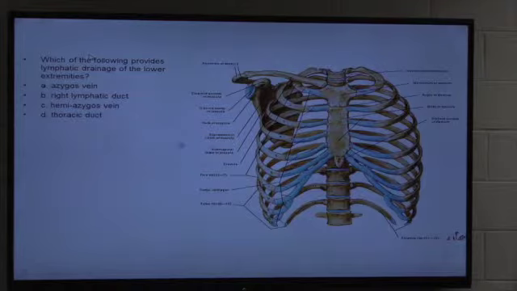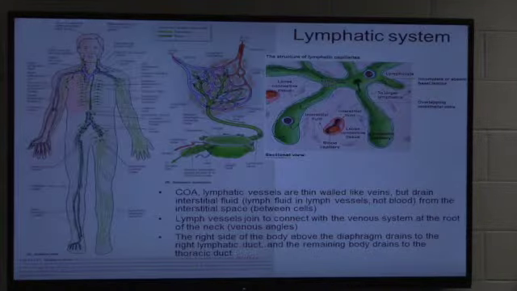Which of the following provides lymphatic drainage of the lower extremities? Azygous vein, right lymphatic duct, hemiazygous vein, thoracic duct. Okay, so you have to remember that picture of that guy. Yeah, there he is. That has this right upper quadrant of his body